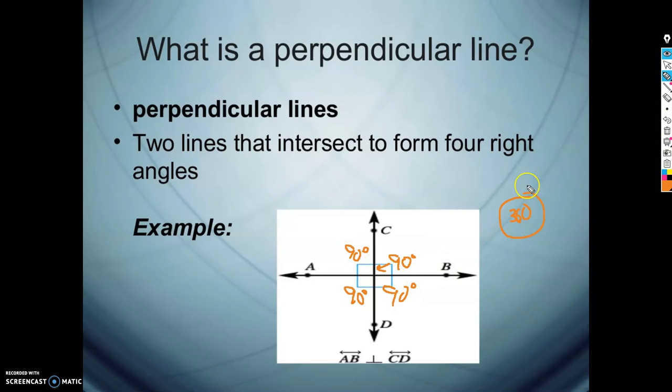4 times 90 is 360. Okay, 360 degrees. Just to give you a little heads up on that, the 4 90-degree angles have to equal a whole circle. So that means that if you go all the way around, it equals 360. That's just kind of a fun little fact. So make sure you get all that written down, pause it, and then go ahead and play and move on.